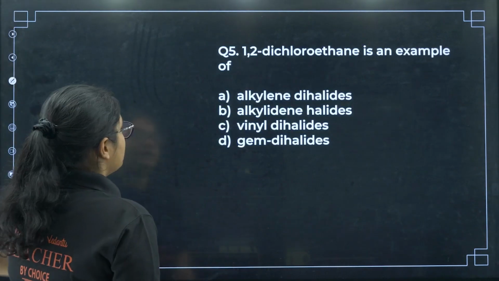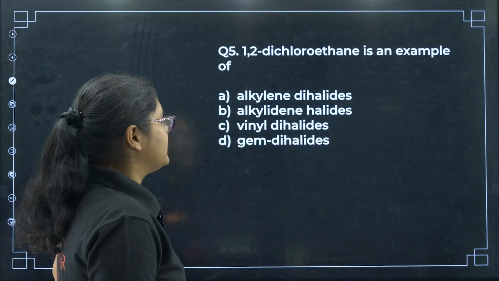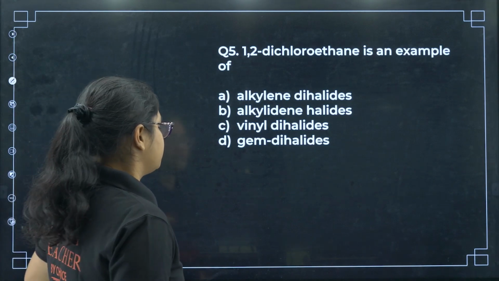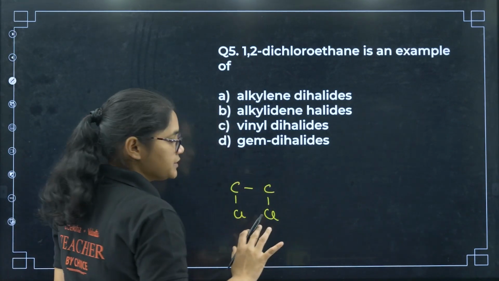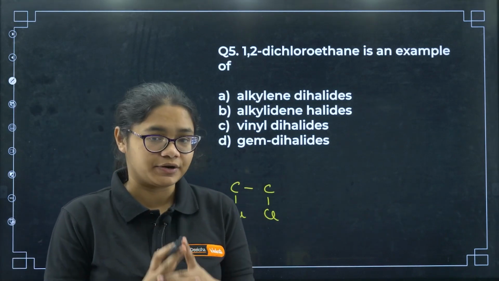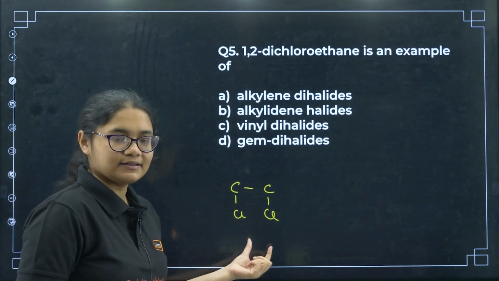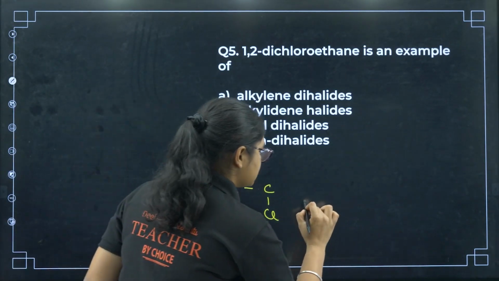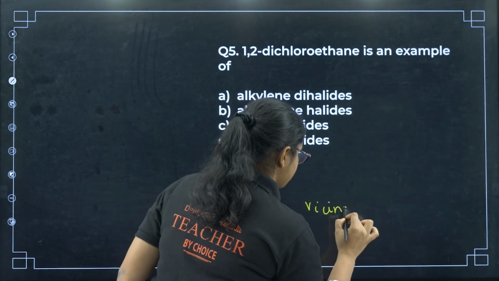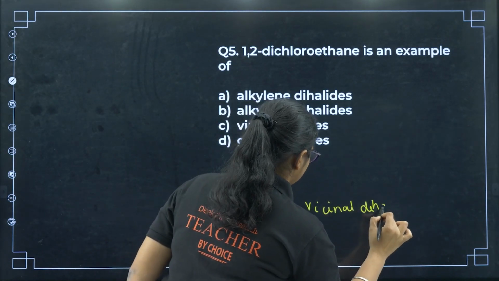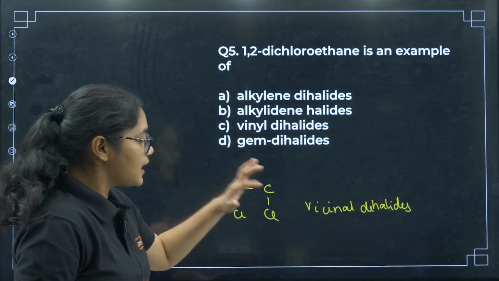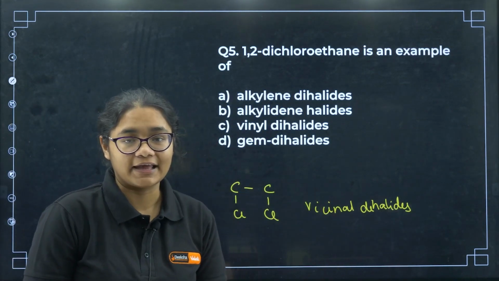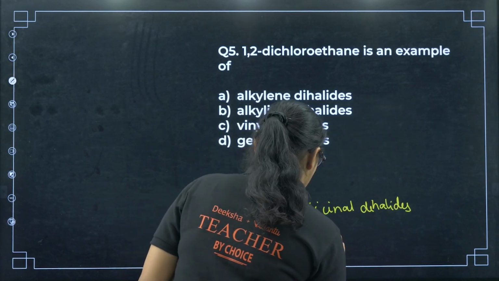Next, 1,2-dichloroethane is an example of. So let me write down this one. The options are really tricky here. When I see this, I immediately know that these are vicinal dihalides. But you see in the options there is no vicinal dihalides. Why? Because there is another name also given to vicinal dihalides, and we call them alkylene